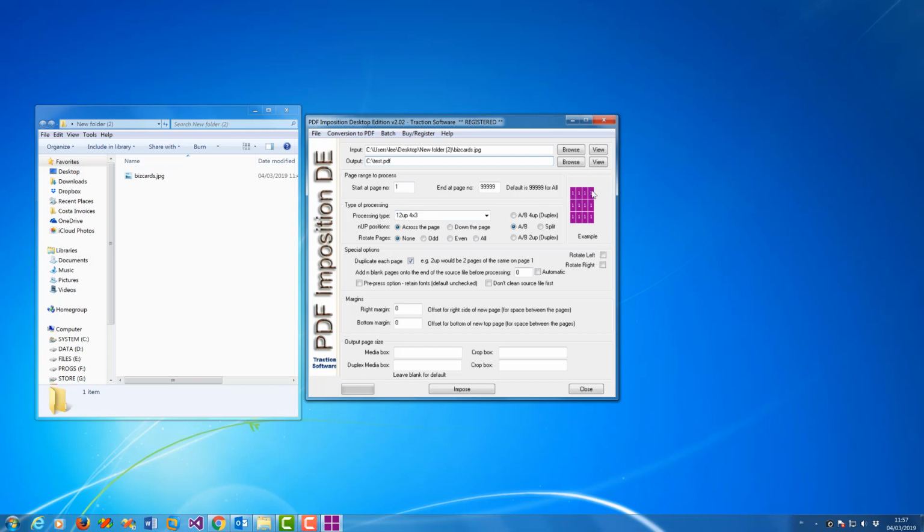So I'm going to do 4 across and 3 down. You can change that to whatever you want. So say if you've got 5 by 2, then it will put it like that. In this case I'm going to do 4 by 3. Now you need to click duplicate each page. So what it will do, it will take the one page image and it will end up it 4 by 3 on one page. So now click Impose,